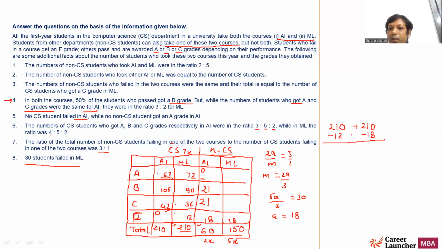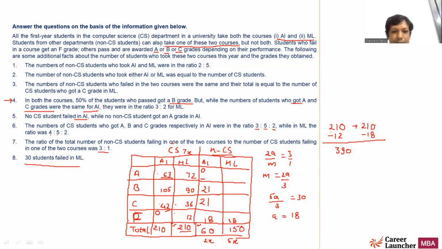So what is the total number of people I'm talking about? That is 420 minus 30. So this comes out to be 390. So 390 people are the people who are passing. Now, out of that, 50% of people are passing and they are getting grade B. So basically,